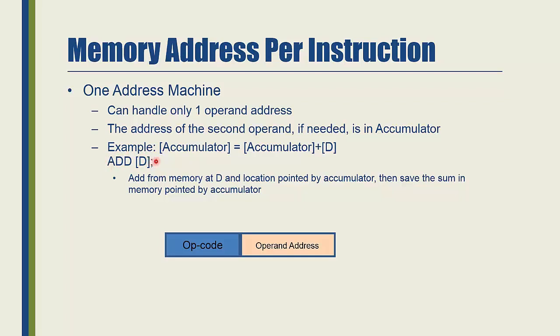The address of accumulator is not kept in the instruction because it is a special purpose register to do accumulation of data. The number of bits in the instruction can be a lot smaller now. We need to keep the opcode itself, of course, and then the operand address of operand 2.